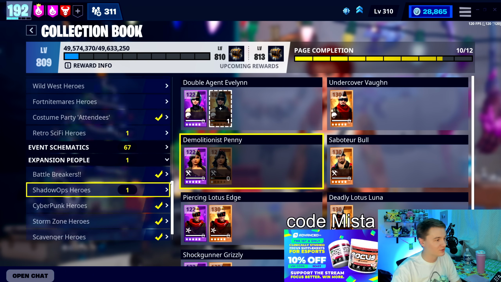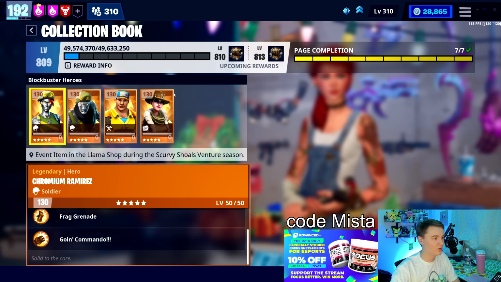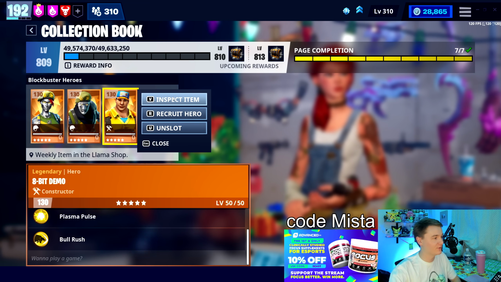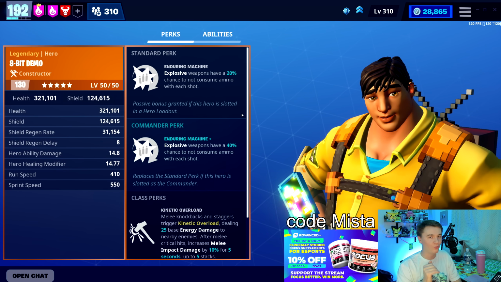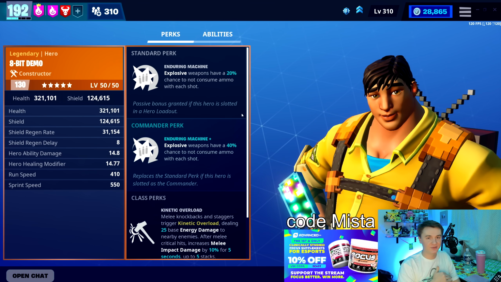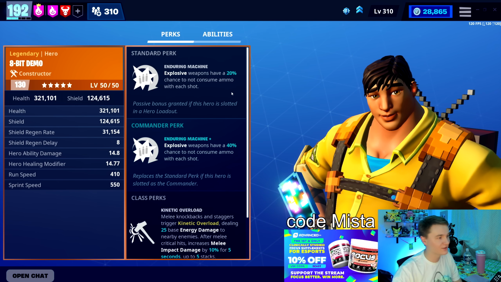If everybody needs her or not is a little bit up for debate, but I still wanted to mention her because she also pairs well with 8-Bit Demo. 8-Bit Demo is available in the weekly shop randomly. We see him about once a year. It's not really set when he comes around, but when you see him, you should grab him because he makes